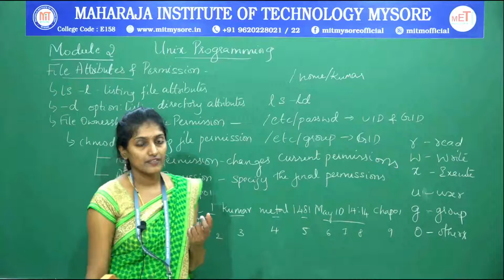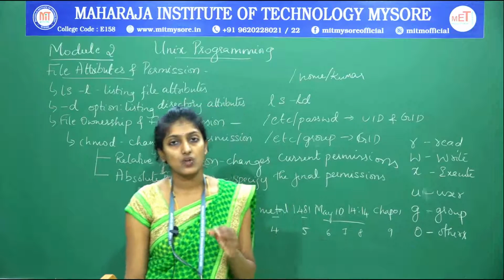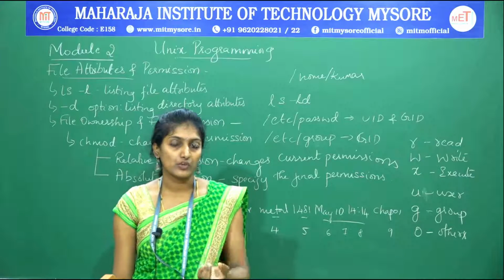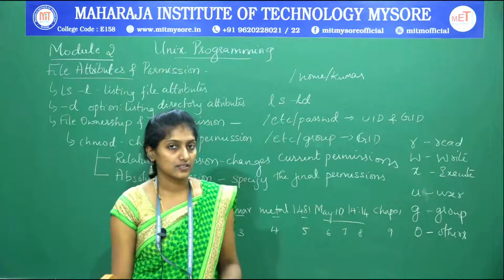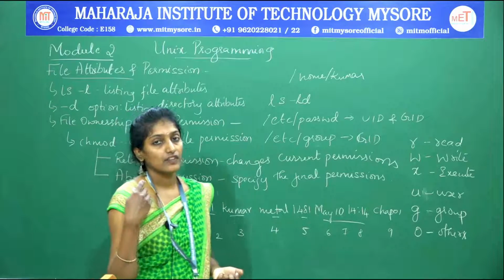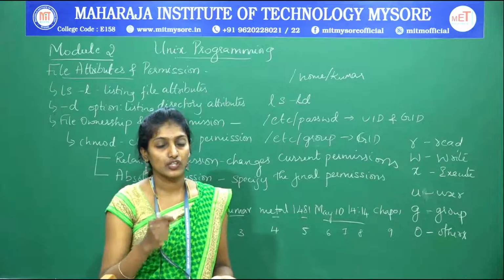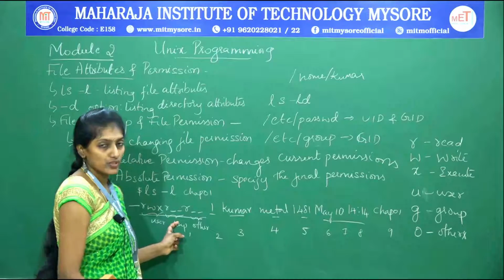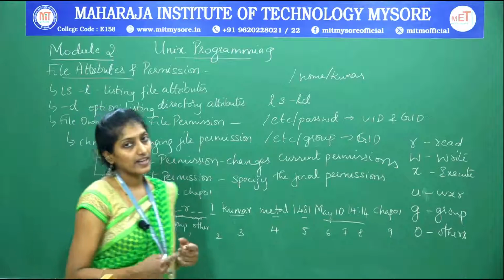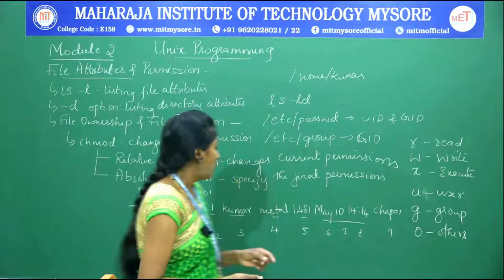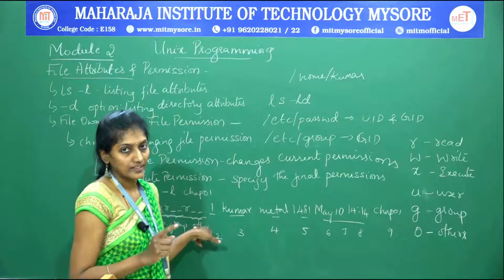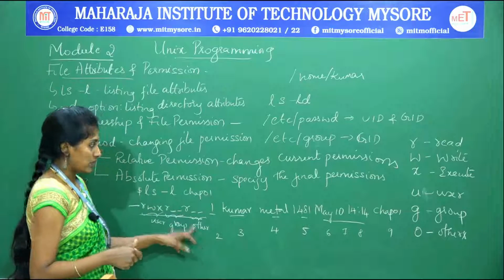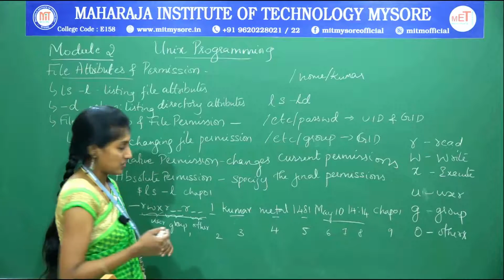So if the user wants to make that file secure, for group and others he should provide only the read permission. That is what makes the Unix file system secure. If not, it doesn't make sense how you are going to make the Unix file system secure. For the group category you can provide read and execute permission, but not the write permission. Whereas for others, it's always better to give only the read permission, not execute, and not edit permission, that is write permission. These are the contents we discussed in the previous session.